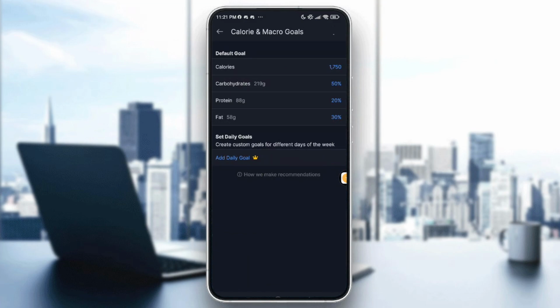Just tap on it, and right here, what I want to do is go into the add daily goal, and it's for the premium users. I don't have the pro or the premium plan, so for the premium, you just need to tap on add daily goal, and right here you